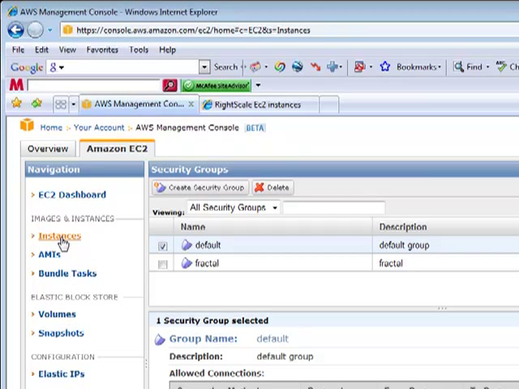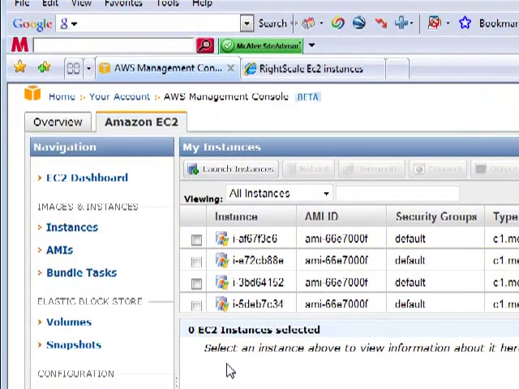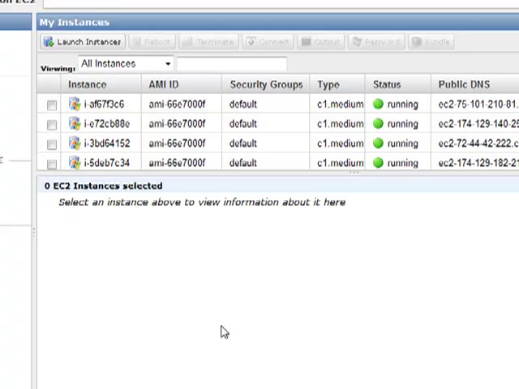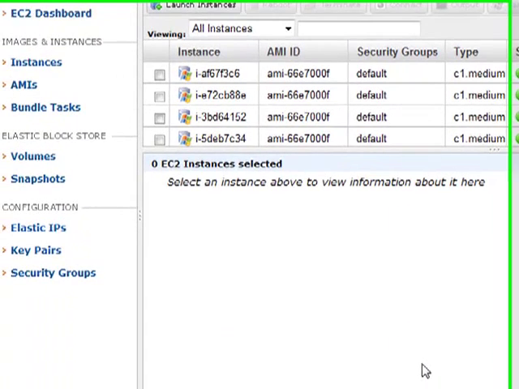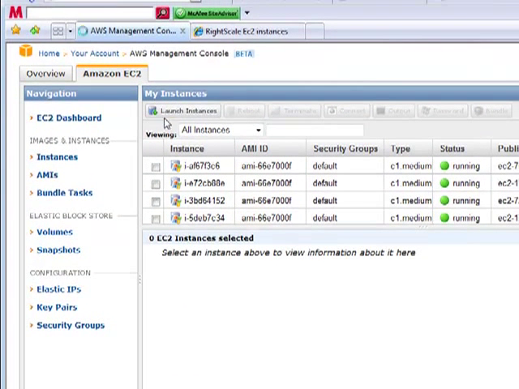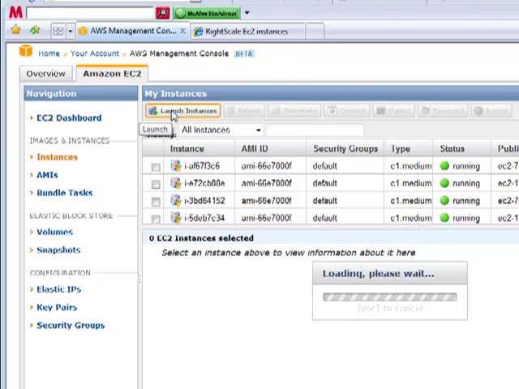Going back to instances, which on the dashboard would show that I have these 4 instances running because I am currently doing a calculation to deep dive into a midget that I'm trying to find. We're going to create another instance so that I'll have 5 servers running, and I'll show you what that looks like. So we come here to Launch Instance,